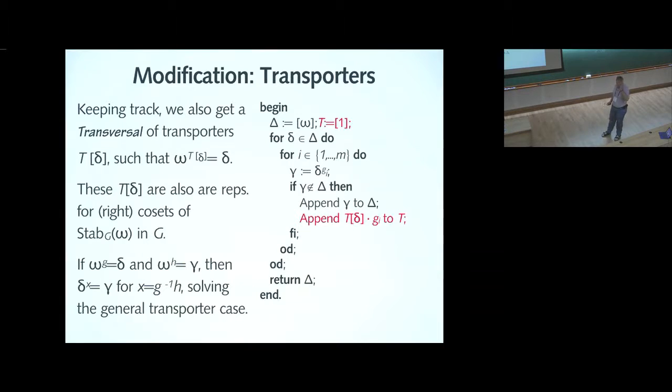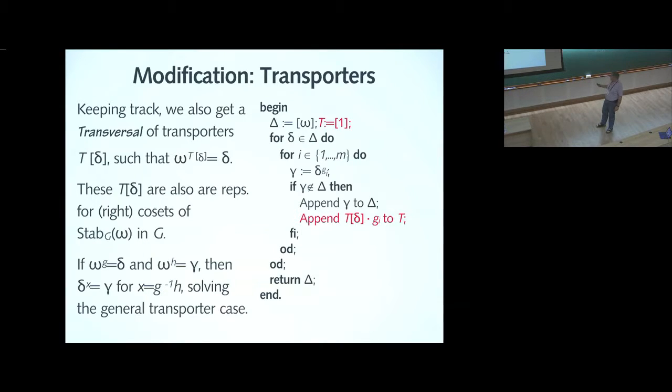Once I do the orbit, I can also find transporting elements by storing what is often called a transversal of transporting elements. I just keep track. If I get a new element in the orbit, I got it as image under some previous element in the orbit under some generator. So if I get the new element as image of some element under the generator H, and that element was obtained as image of omega under G, I know that G times H will map omega to this new image. So I can construct these generators,